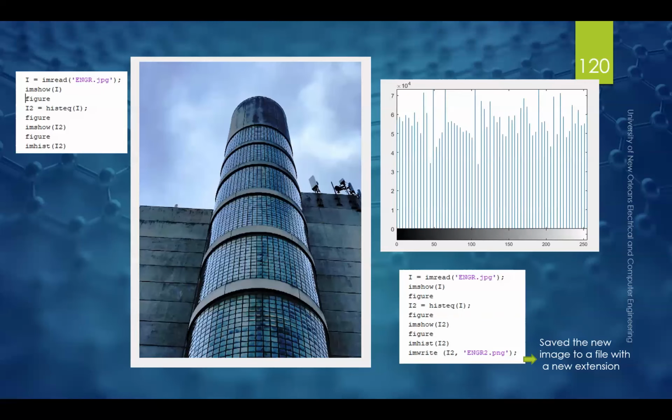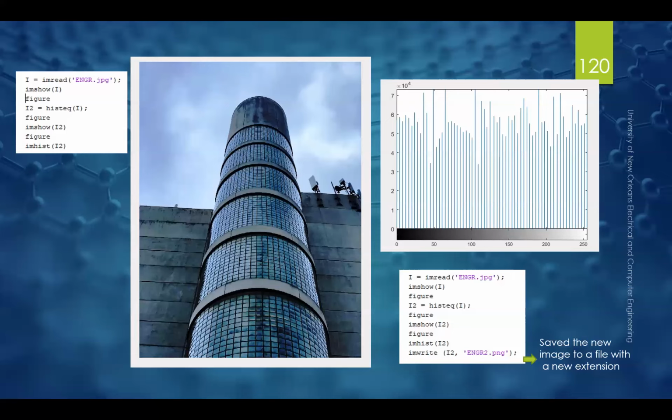I'm using the IMWRITE function to save the image. This is the image I have, I2, the one I created based on HISTEQ, and I'm saving it in a new file that I'm calling